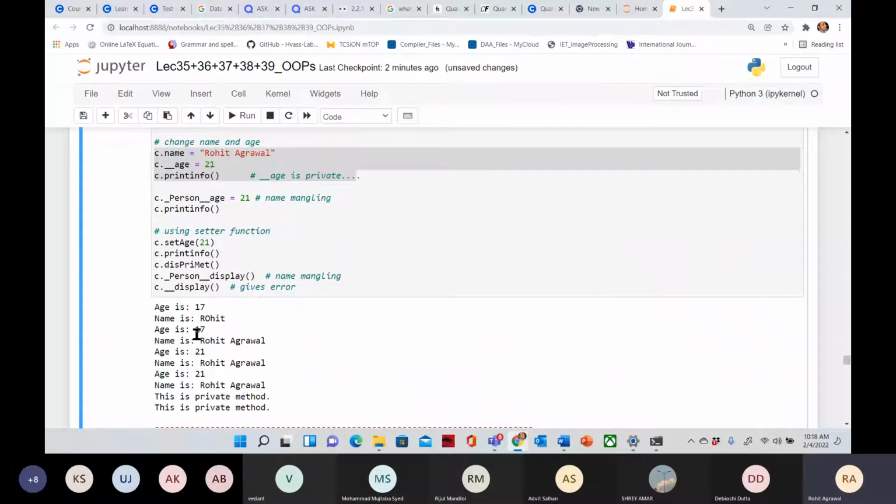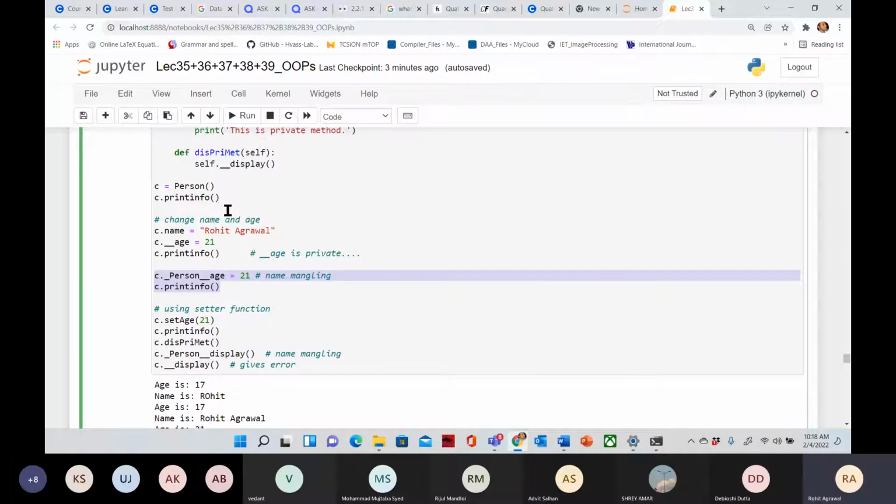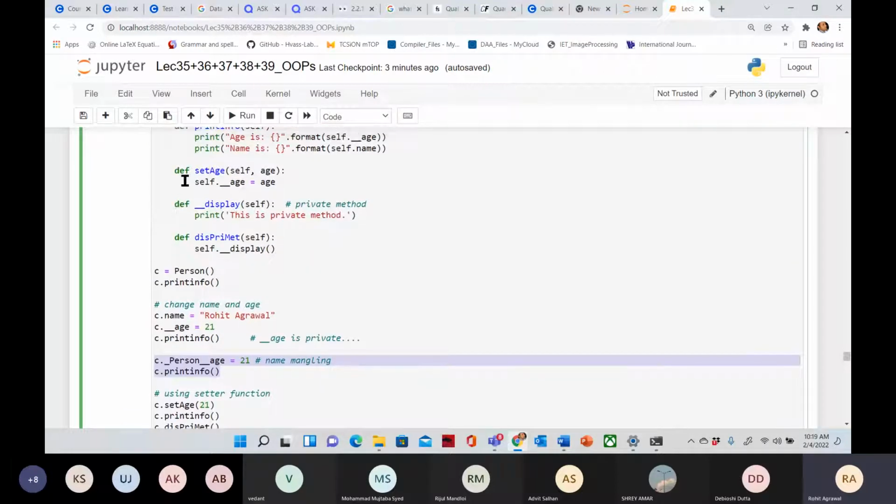from the object instance of the class. So for updating these private members, you need to use either name mangling, that means this one. You need to use this name mangling, or you need to use a public method of the same class. So using this way, I am updating the private attributes of the class, or using this also, the public method